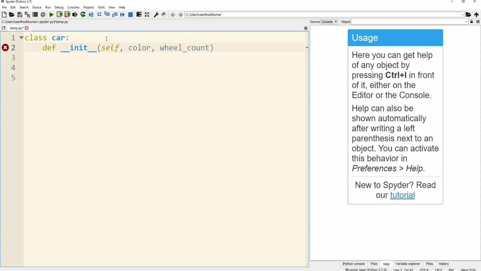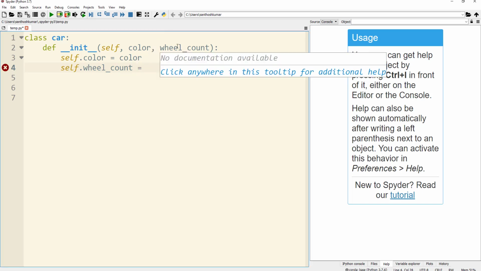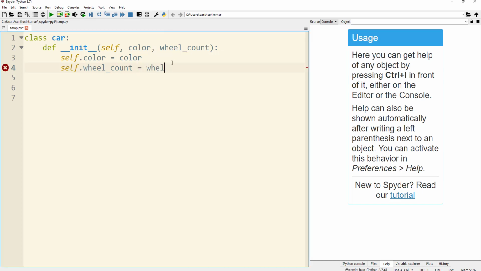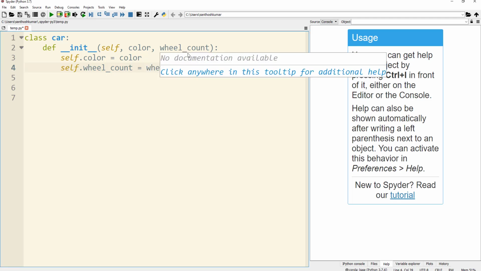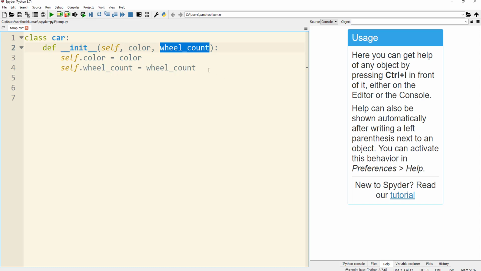In order to initialize that, I am going to define the __init__, get the attributes, and then assign them to the car attribute variables. I do that by coding self.color equal to color and self.wheel_count equal to wheel_count. So I get the value from the attribute and then assign it to self.color and self.wheel_count, which are the attributes of the Car class.